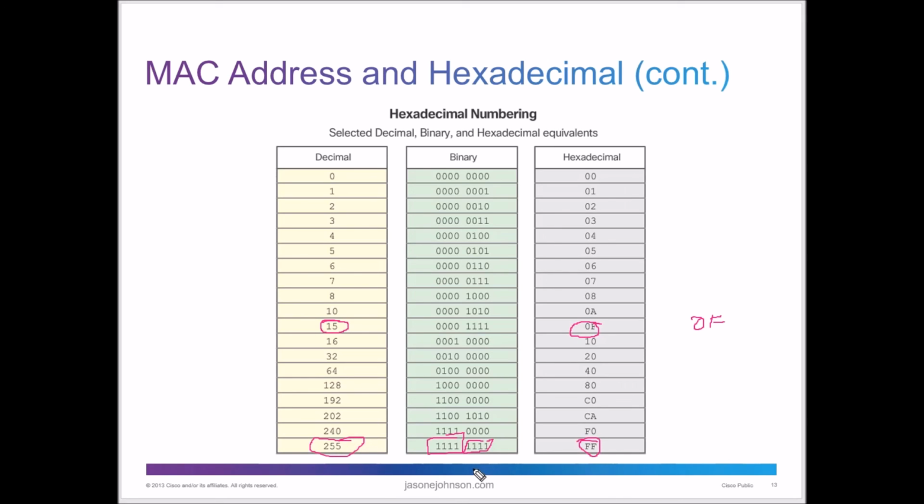And how do we know it's 255? Because we can do our place values. 1 plus 2 plus 4 plus 8 plus 16 plus 32 plus 64 plus 128. And we add all those together, and that's 255. And when you work with subnets, in subnetting, you know that 8 places with all the ones filled in is 255.